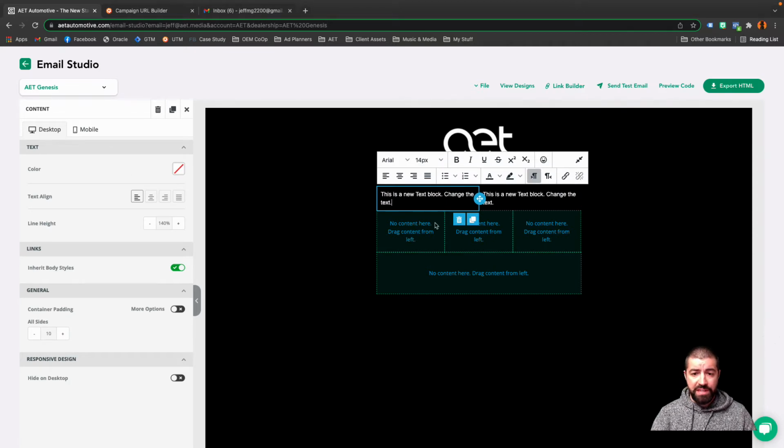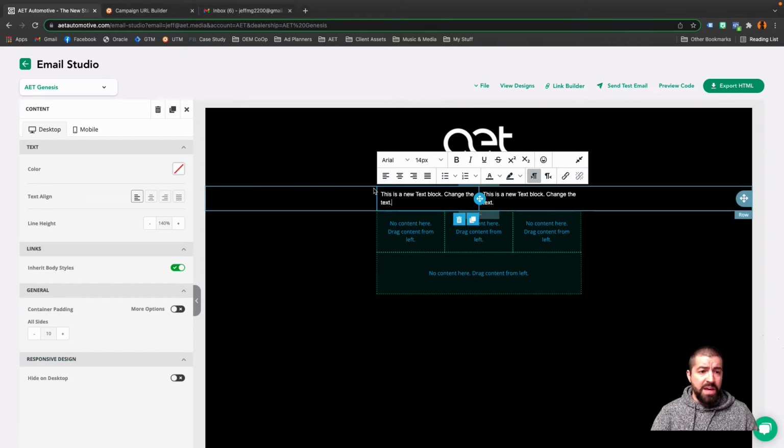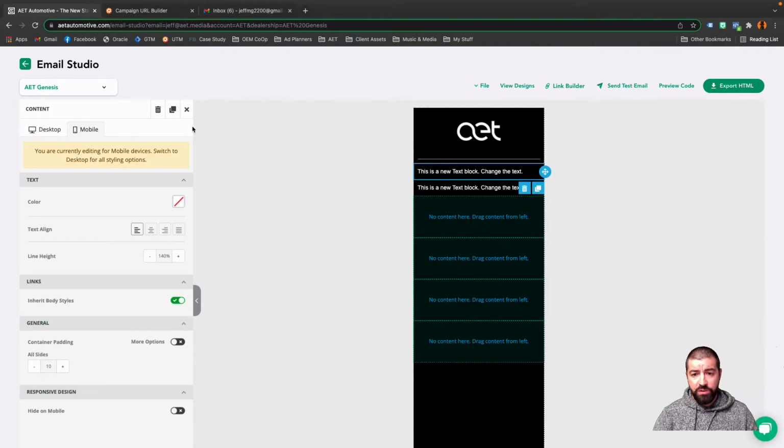All of these areas are pretty self-explanatory when it comes to what they are. Obviously, text goes in here, and you can build these out as much as you want. The big piece when it comes to starting to build these is really getting to know this builder and how it looks on a mobile-based view and a desktop-based view. So as I go in here, I can take a look by switching over to different views of this, and you'll see for mobile when it condenses everything that it drops it into two stacked